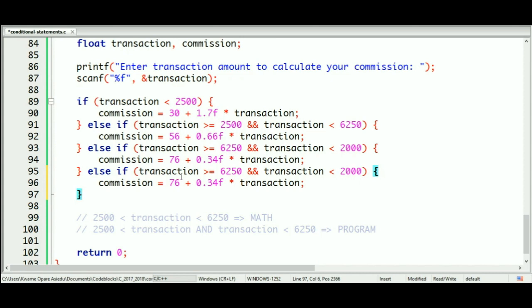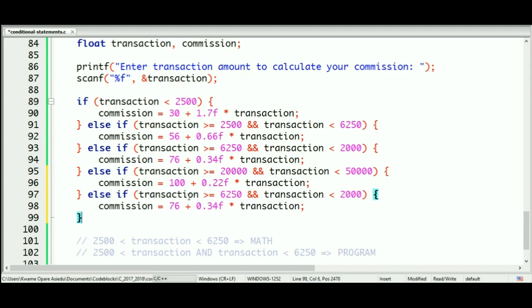The next block is greater than or equal to 20,000 and less than 50,000. That has a commission of 100 plus 0.22. And then we have the next one, which is greater than or equal to 50,000 and less than